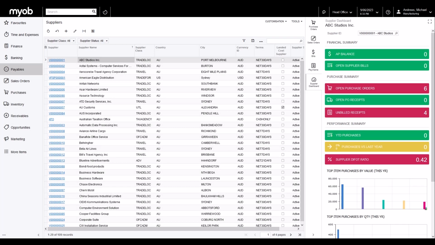Rounding out our focus on supply chain, we're into a detailed view of the supplier. Again, the common screen here is a supplier listing screen. And on the right-hand side, once choosing the supplier, we've now got a supplier dashboard showing us our relevant information, including in this example, amount outstanding or the accounts payable balance through to the number of open purchase orders, receipts